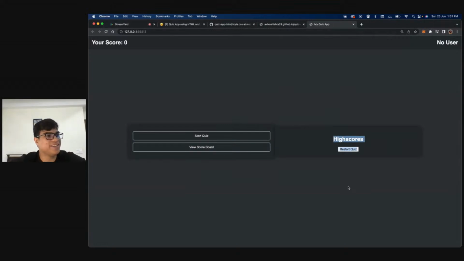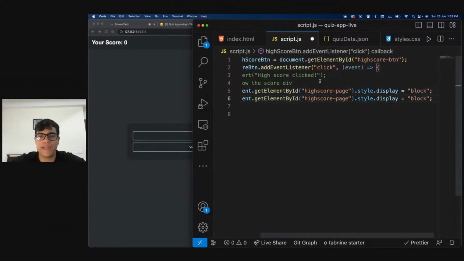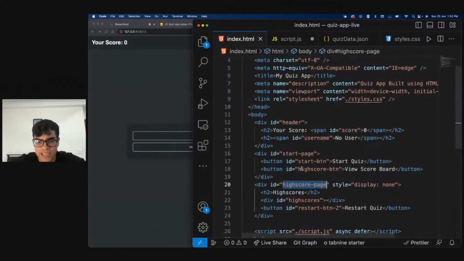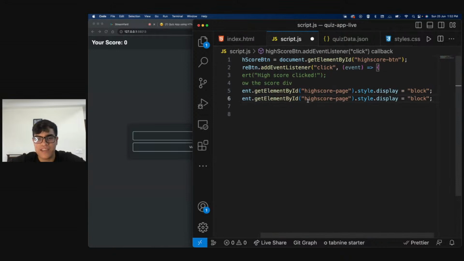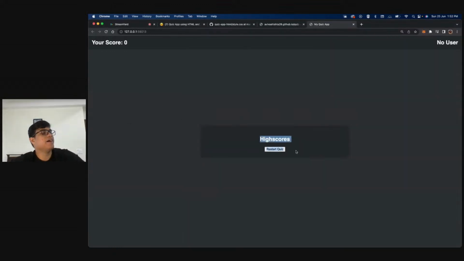But if you look at it, the UI got disturbed, right? So what do I need to do? I need to say that, okay, it is good that you showed this, but we need to make sure that our starting page, this start page, is gone. So I need to say document.getElementById, get our start page and say display none over here. So basically what happens is I see my high scores now. Do you guys understand what we did?